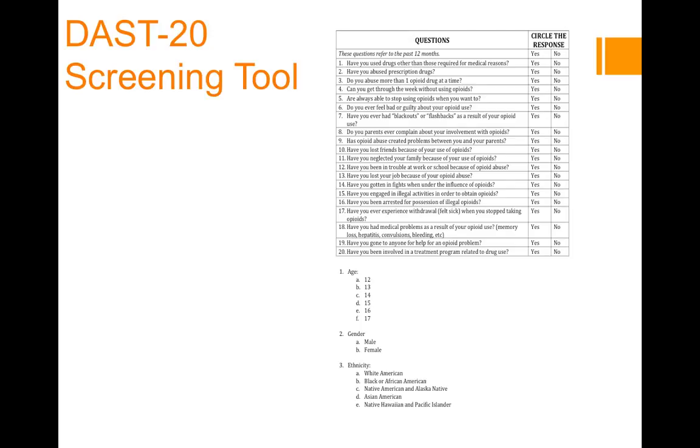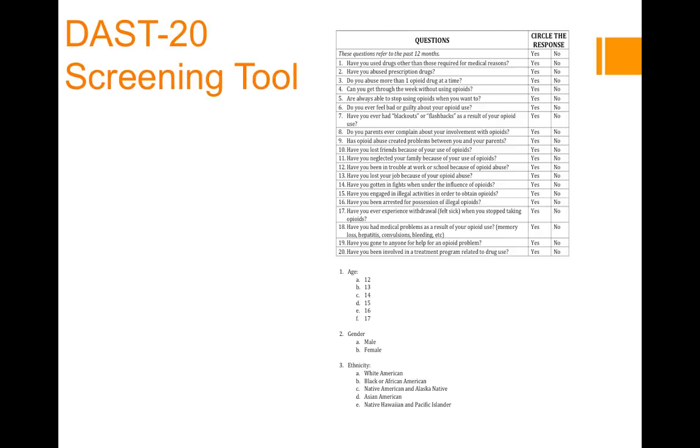And so our questions refer to what sort of degree of problems the participants have that are related to drug use and misuse. And they include things such as using or abusing drugs other than for a medical reason, using more than one drug at a time, or being unable to get through a week without them, not being able to stop, or possibly feeling bad or guilty about their use, losing friends or family members, or at least causing some strain on your relationships because of your drug use,